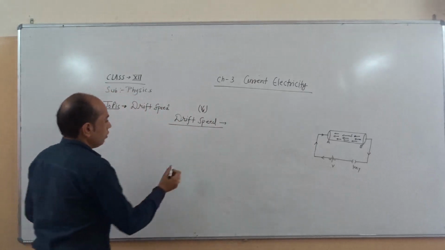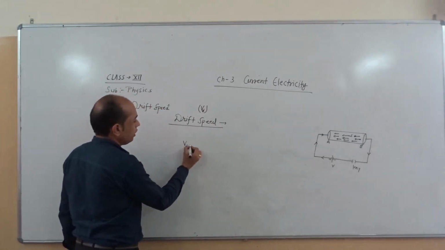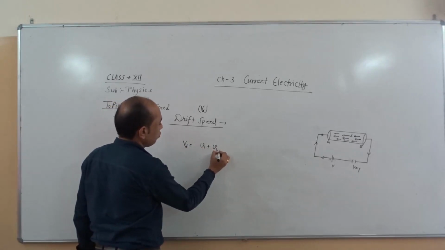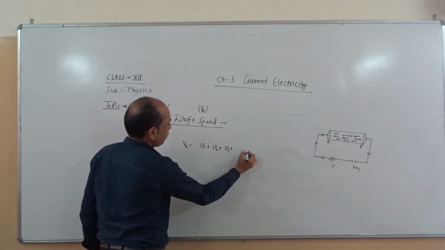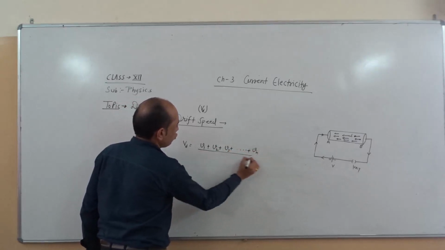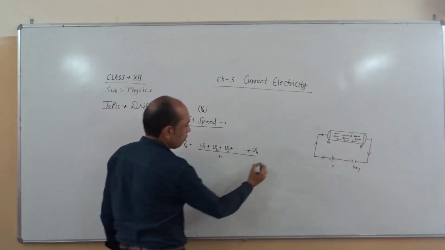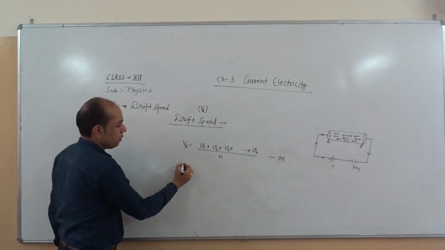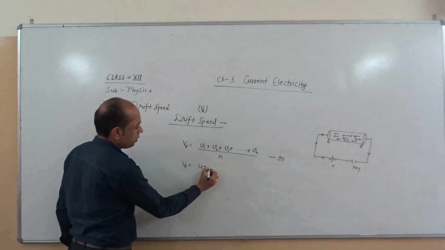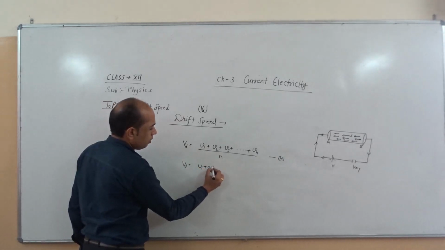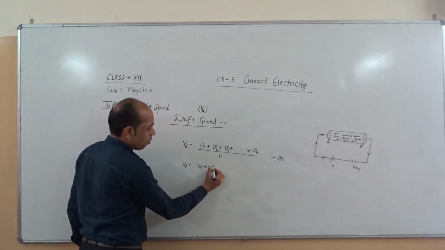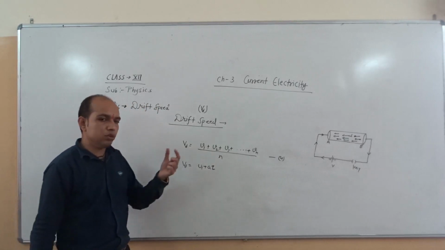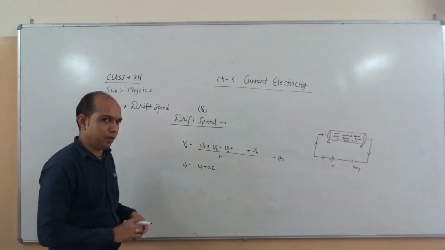So drift velocity Vd is V1 + V2 + V3 + ... + Vn, and then this vector is divided by n. This is equation number four. Now V1 is replaced by U1 + aτ, where instead of t we use the word tau. This is called the relaxation time, that means the time between two successive collisions. This is called the relaxation time.